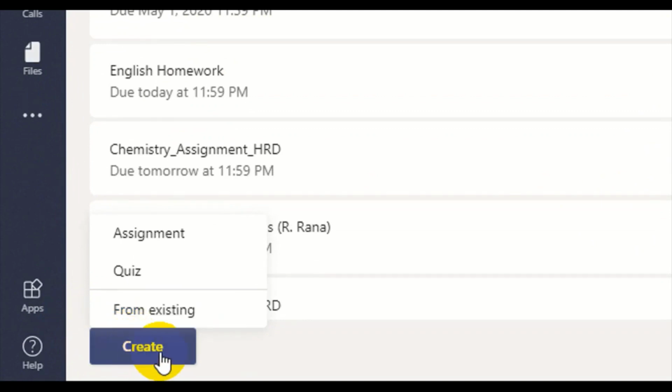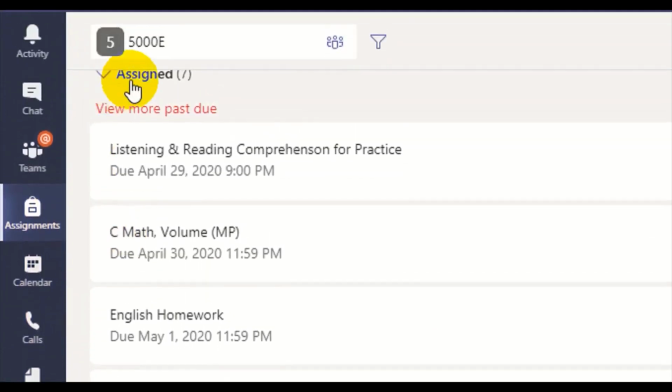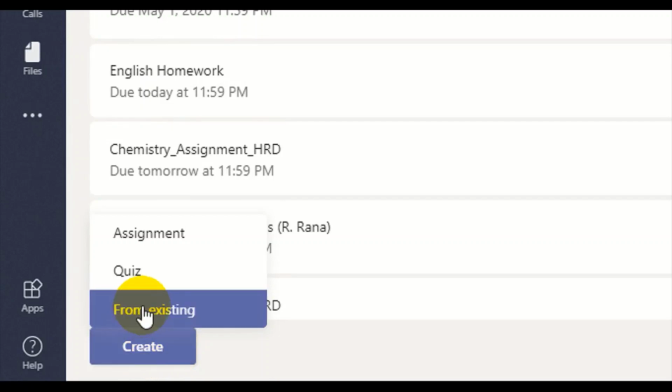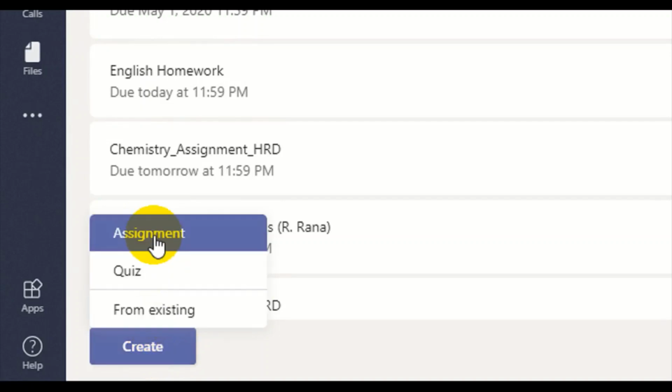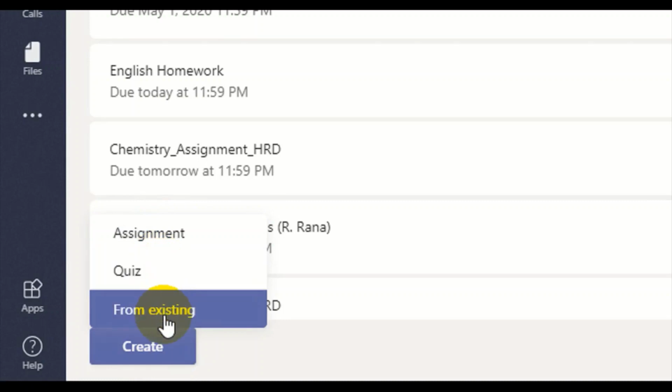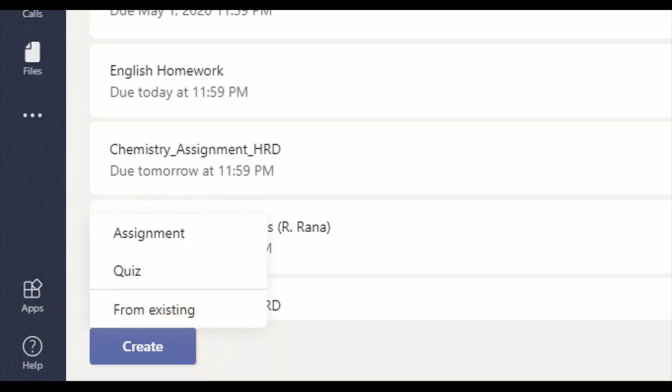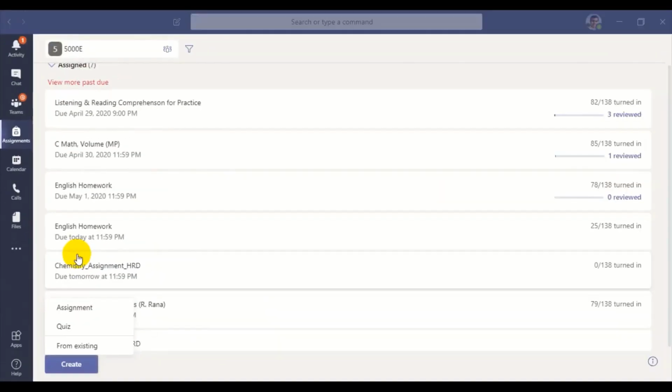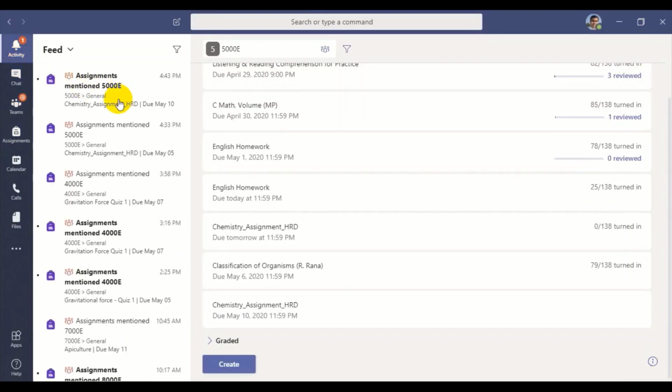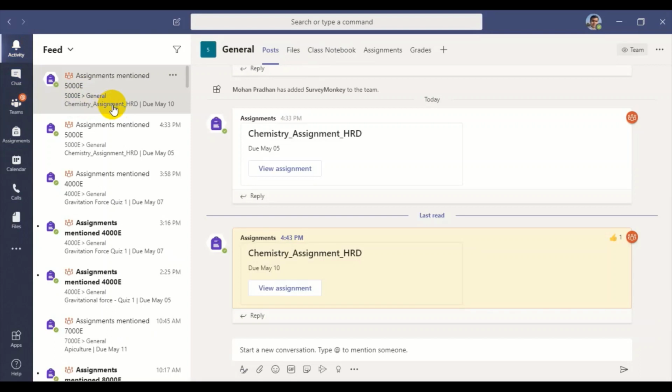This is how we create an assignment, come to a batch, and then create it from these three options, from existing and assignments. We can go this way in order to assign this assignment to the students, and it takes around 2 minutes for this particular assignment to be notified. And now I have just got the notification over here. We can check it out. 5000 is general chemistry assignment by HRD. This also has come here. So this is what we can see now, and this is how the assignment also appears for the students as a part of notification as well.